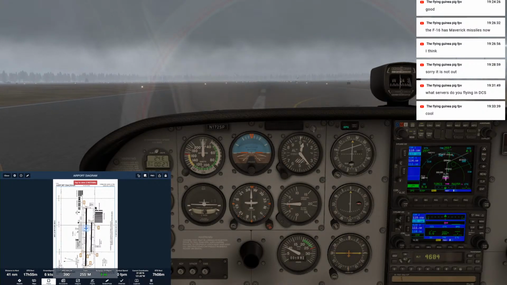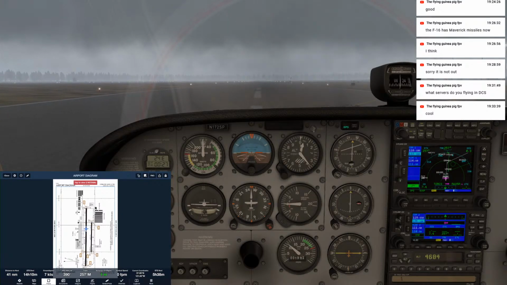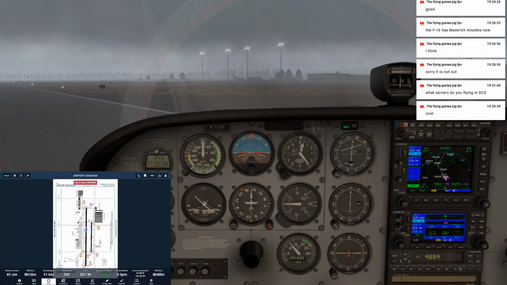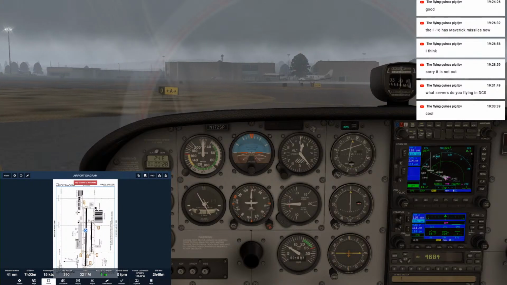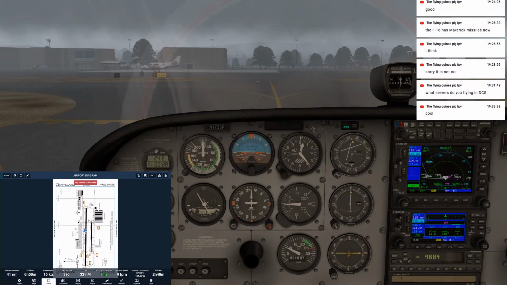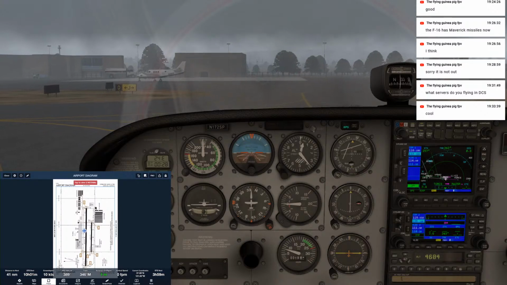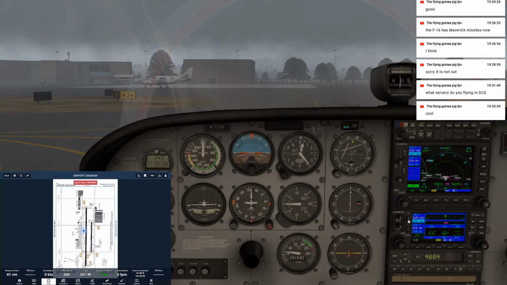All right, we will lean for taxi. And we're back at Livermore. Go ahead and turn our landing and strobe lights off and switch over to ground. We'll also switch to NorCal and